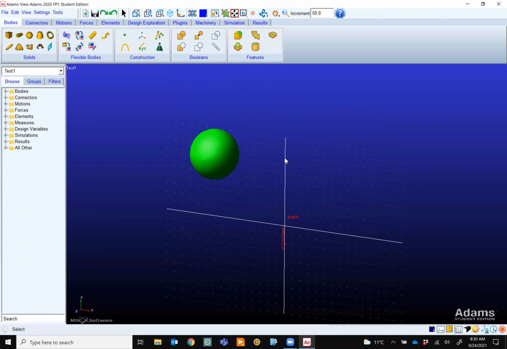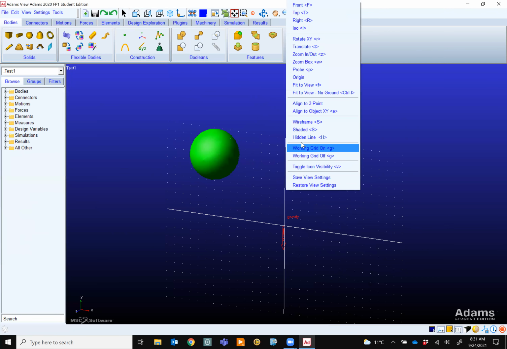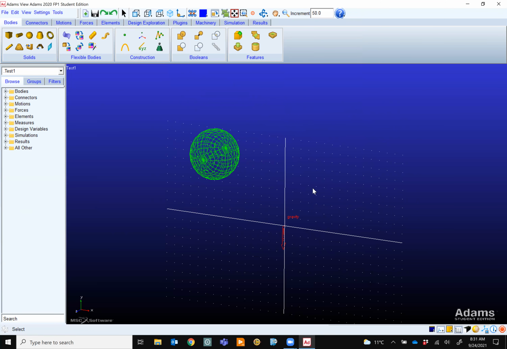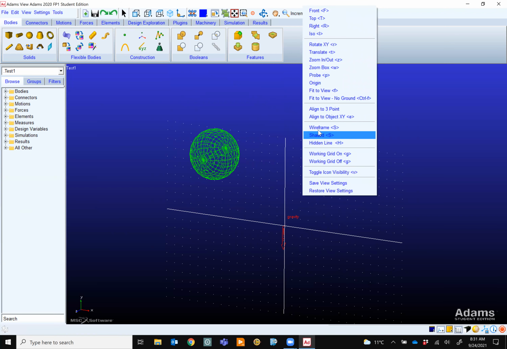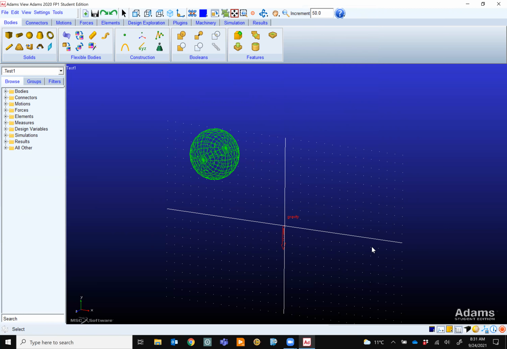Maybe when you have a complex mechanism, at the very end, when you want to run it to make a video for your presentation, because the good thing about this software is you can make a video for your presentation. Because in your capstone, for example, in a month, you want to do a presentation in class, you don't want to run add-ins and it doesn't run and takes forever, but you just want to make a video and show the video. For that, you may just shade it, but when you do the analysis, the ugly, unshaded wireframe is good enough. Can I ask how to shade it again? Right click, shade. Or you can just use the letter S.